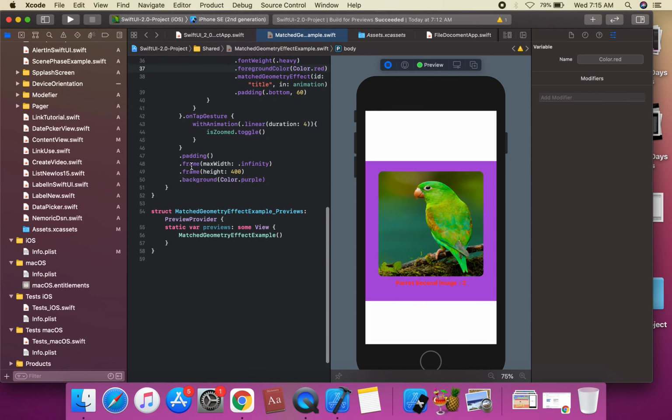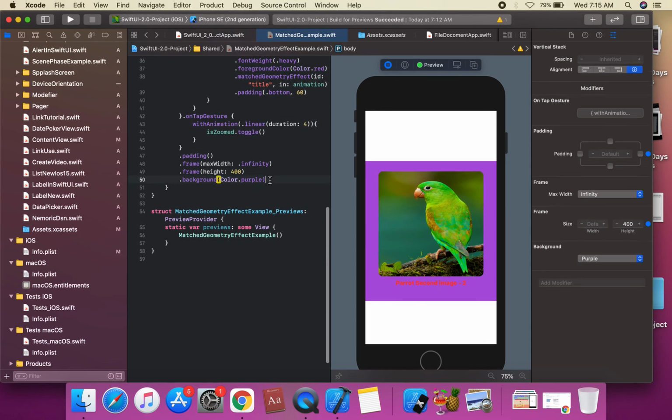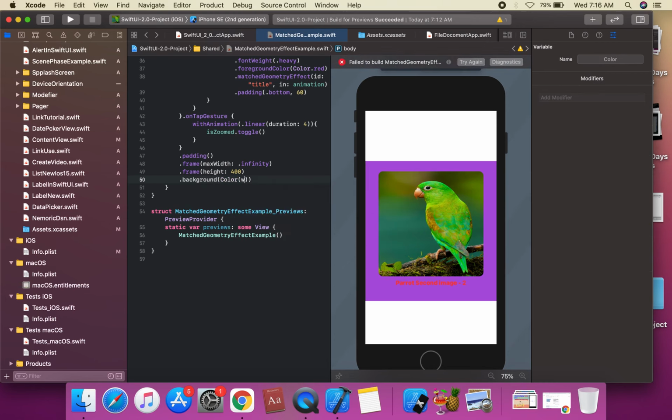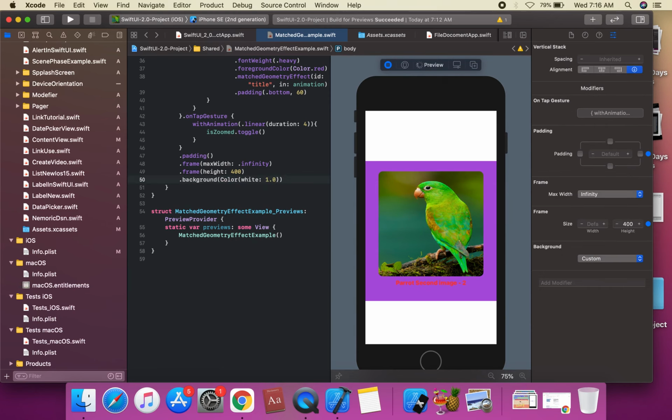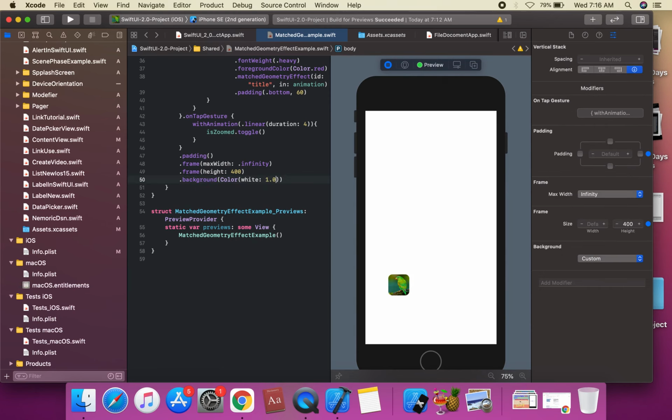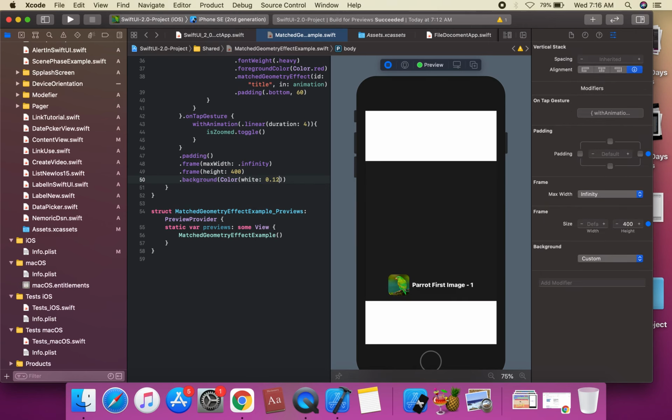Suppose we don't apply the purple background, and instead apply color white. We assign this white, with opacity, suppose 1.0, or 0.12. We can assign it on the first image.